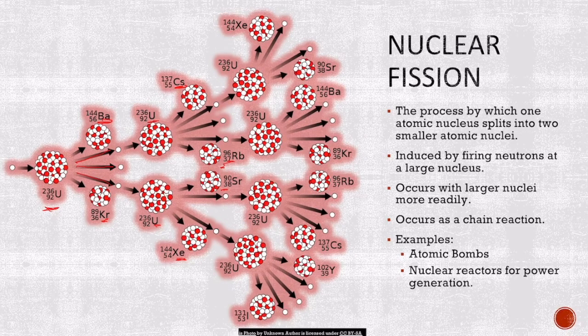And then when these nuclei right here split, they also release neutrons. And those neutrons will hit other uranium atoms and cause those uranium atoms to split. And the process just goes on. So you can see how it's a chain reaction that occurs until the neutrons that are released don't hit any more uranium atoms. Some examples of where nuclear fission is used are atomic bombs and nuclear reactors for power generation. So nuclear fission does produce a tremendous amount of energy, but it does not produce as much energy